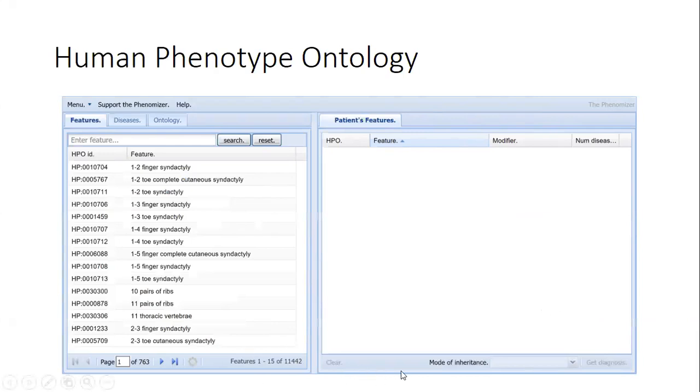I just wanted to, since this came up, we use now what's called the Human Phenotype Ontology. It is an organized nomenclature for defining phenotypes. HPO is the term it goes by. There are a variety of ways of accessing it. There's an internet program called Phenomizer. We are beginning to use a commercial system called Phenotips.